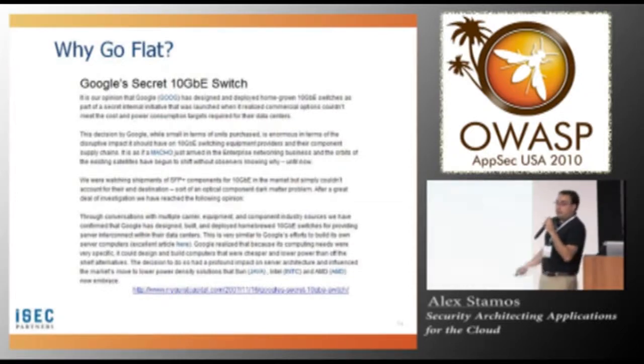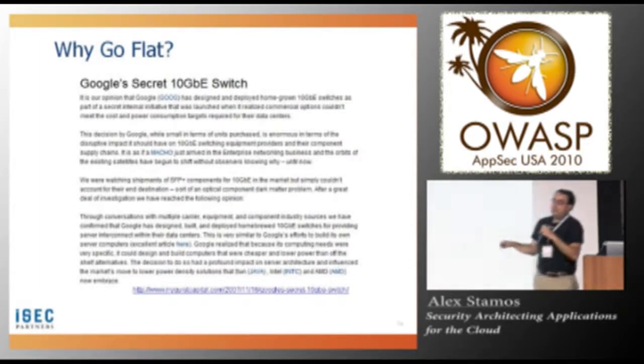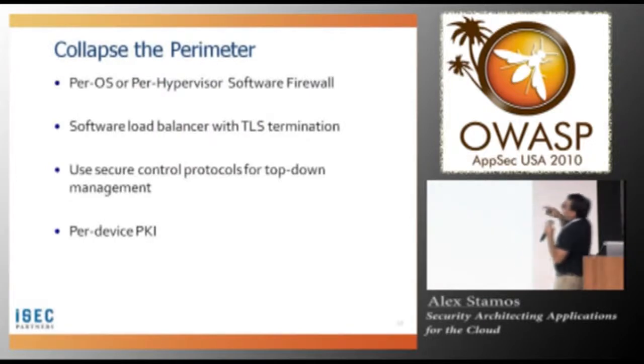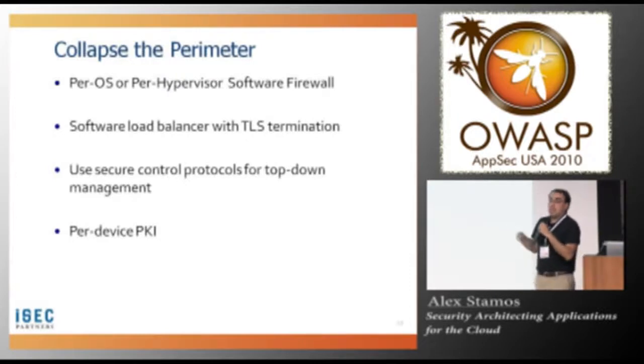Right? Like theoretically, you can put that firewall blade into your 6500, but if you have 300 10 gig ports on that 6500 and you put that firewall blade in, can you actually use that firewall blade on all those ports? No, not without losing all that performance benefit. So you have to collapse the perimeter. You end up using software firewall on a per OS or per hypervisor basis. For a lot of reasons, per hypervisor is much better, especially because a software firewall on an operating system provides you no protection against somebody rooting that box and then